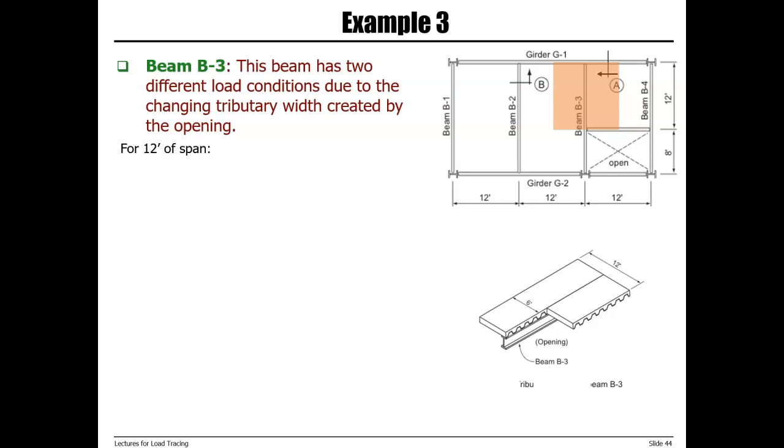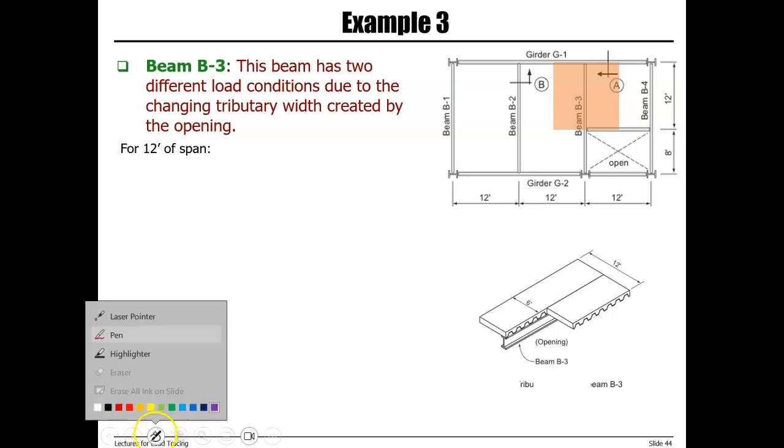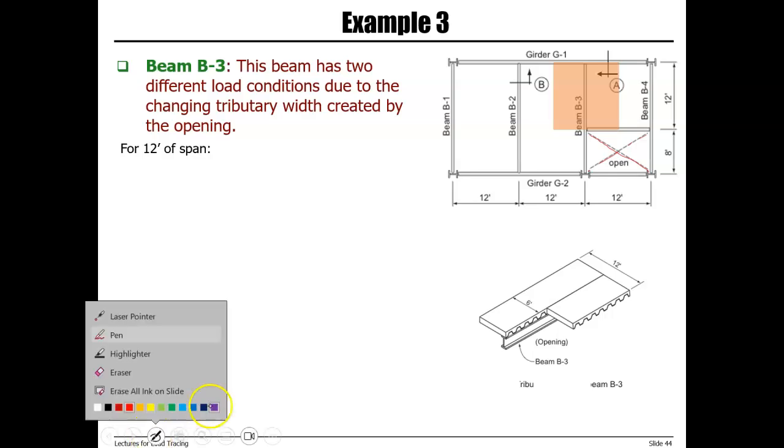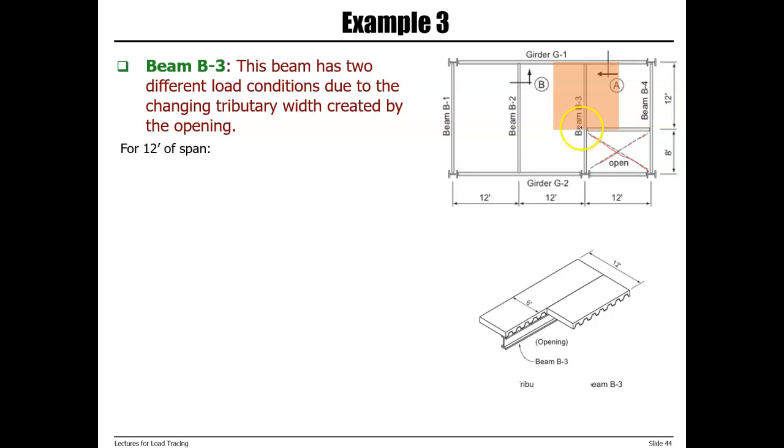We're done with beam B1 and beam B2. Now we want to look at beam B3. But what you need to pay attention to is that there is an opening here. So where there is an opening, it means that there is no load in this area. So for the top, for this section of beam B3,